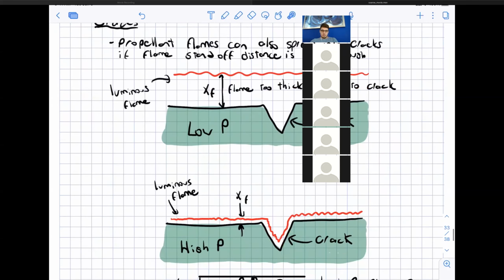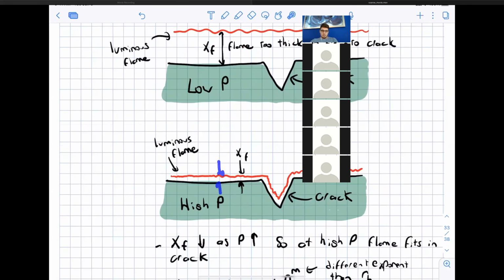So now what happens at high pressure is the flame standoff distance is significantly reduced, and now all of a sudden the flame can fit inside of the crack. And like I said, at really high pressures, especially for a tactical missile, where the rocket chamber pressures are higher, for the solid rocket boosters, the chamber pressure was, I believe, 650 psia, so not super high, just because they're dealing with a very big system, and they're trying to do heavy launch capabilities, meaning that they couldn't jack the pressure up to increase the thrust, because then you need to consider making the housing of